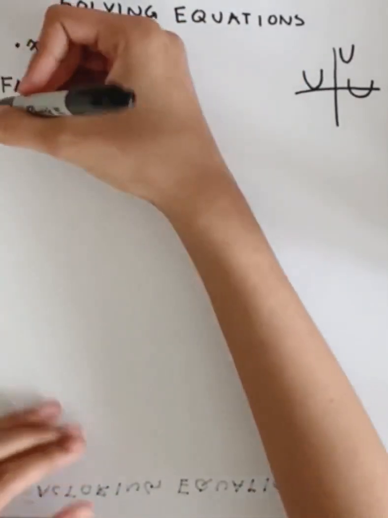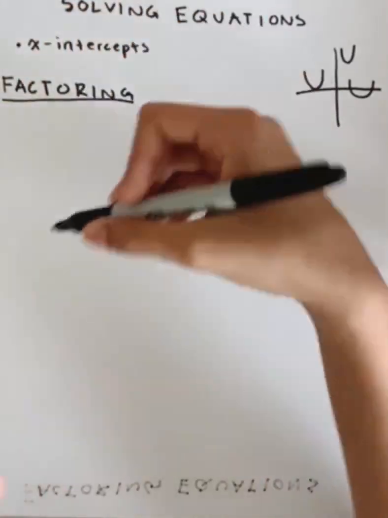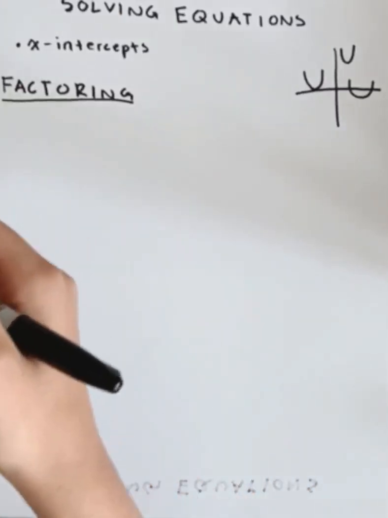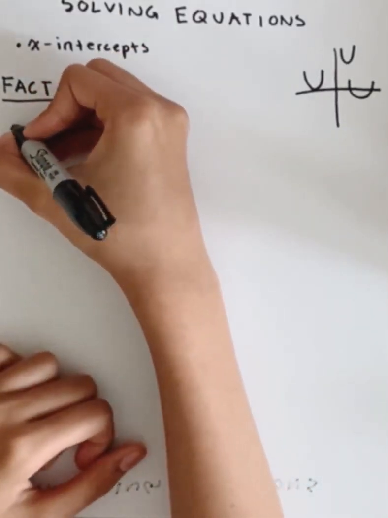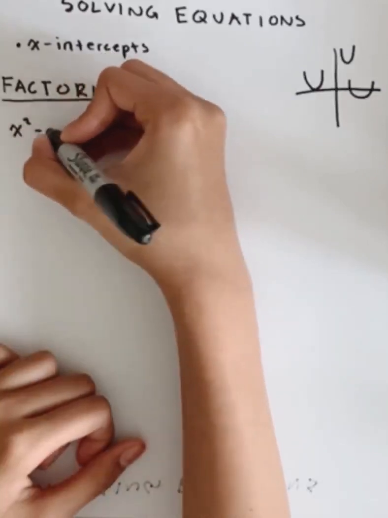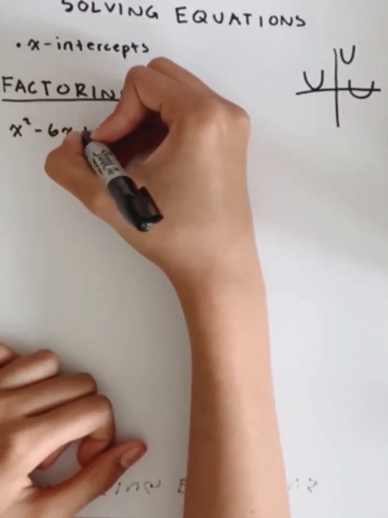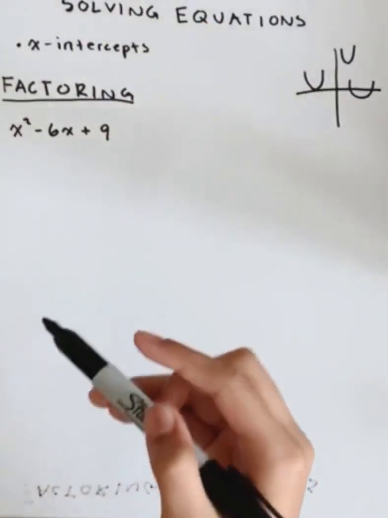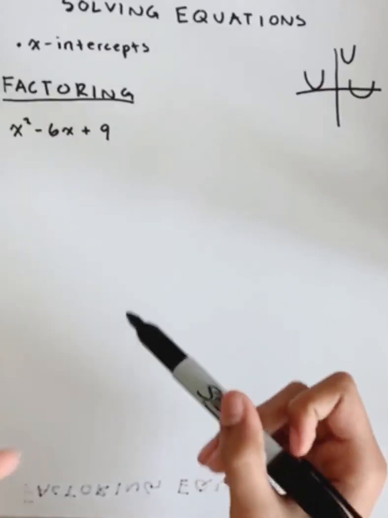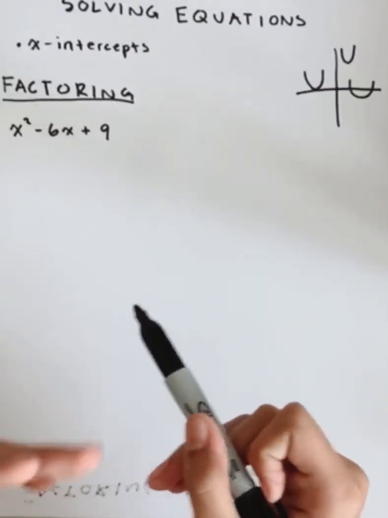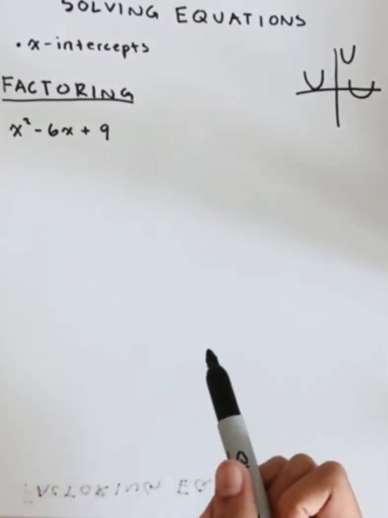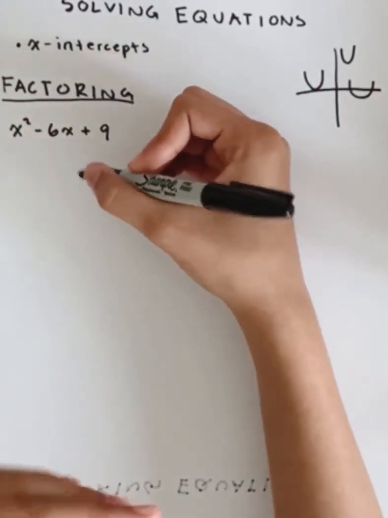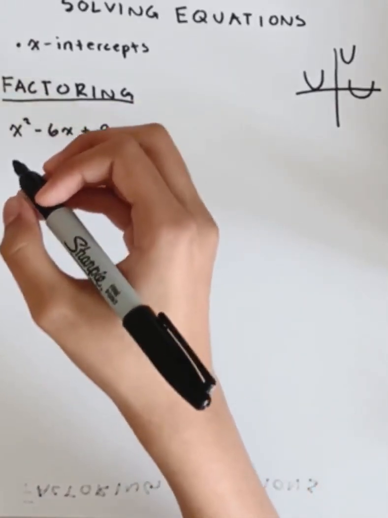Alright, so the factoring method is really slow, but let's just do this one to start us off. So I had this equation, and I wanted to solve for the x-intercepts. I could graph it, I could square root it, but I'm showing factoring. I did this in a previous video, so I'm just going to factor it using the AC method, and the factored form is